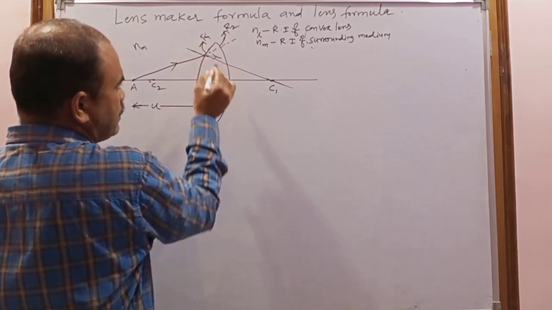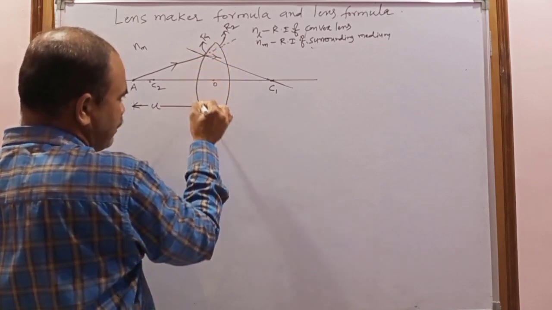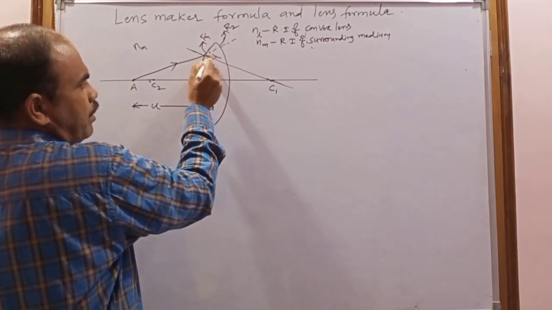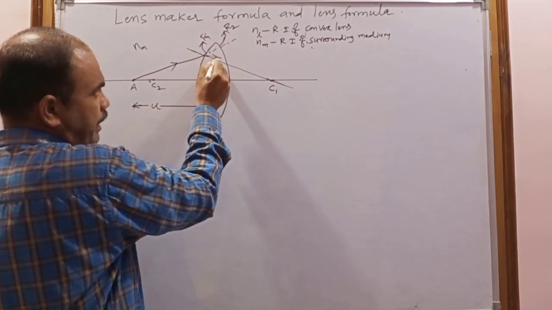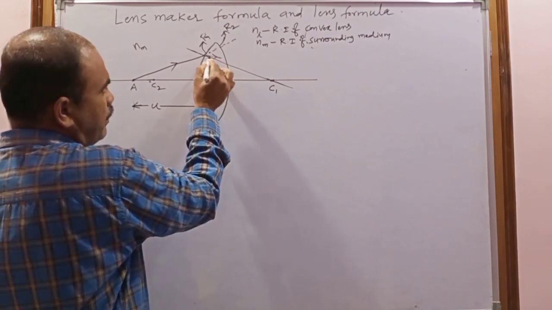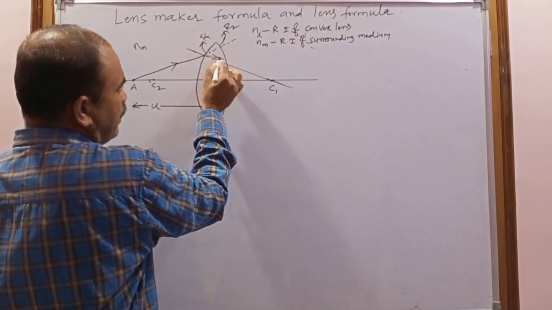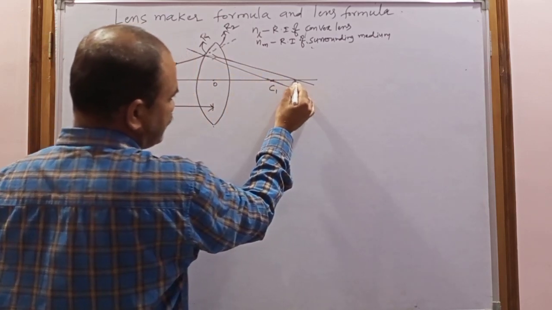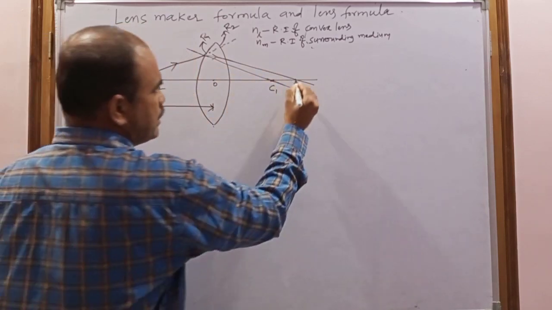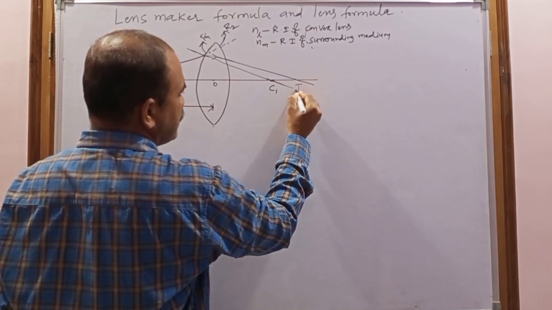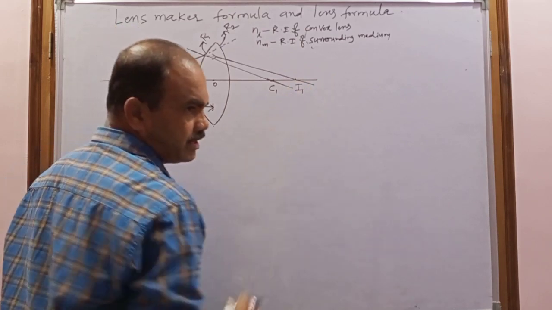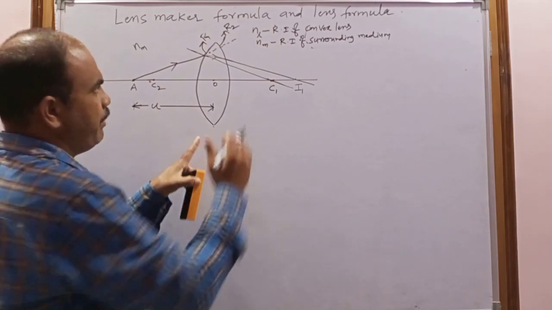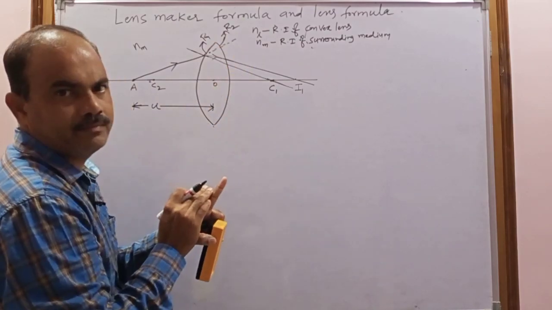If there is no second surface, the first surface will bend the refracted ray towards the normal. Due to that, it will travel in the medium and reach the principal axis somewhere. Here an image is formed. Consider this is the image I1. This image I1 is the image formed by the first surface, if you imagine there is no second surface.